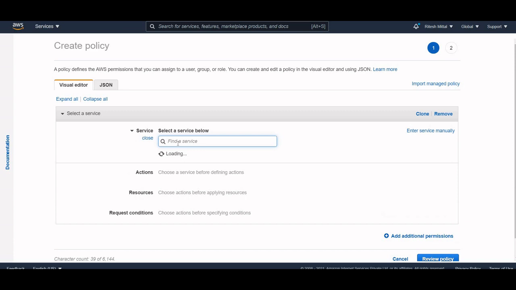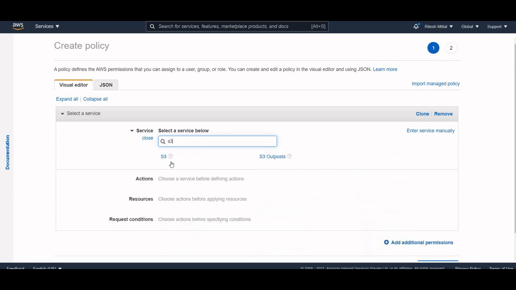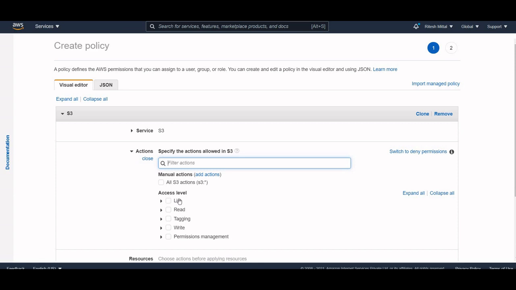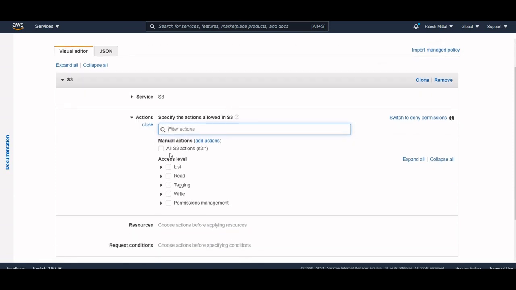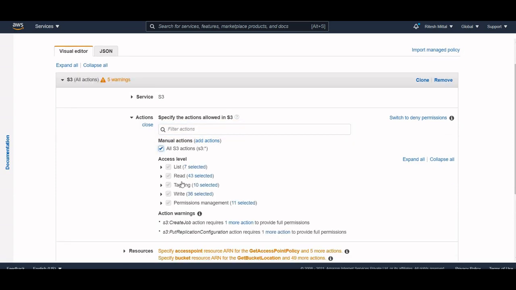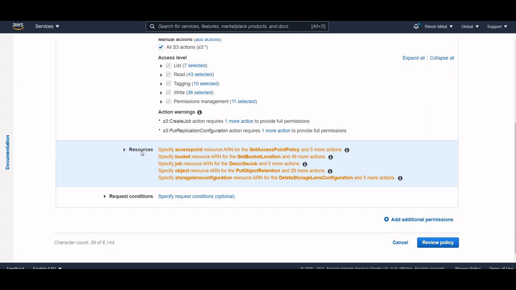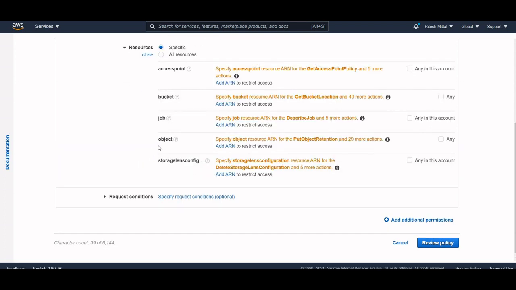We just need to select the service, so we can search S3 here, select it, and you will see a list of access levels. Just for this demo I'm selecting everything, so I will have full access to the S3 service. Then we choose the resources.